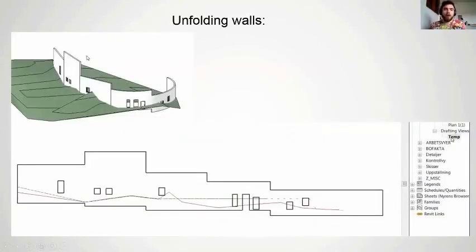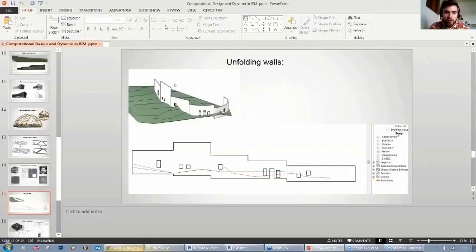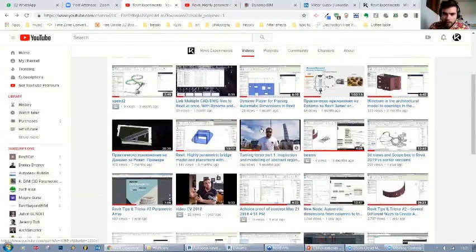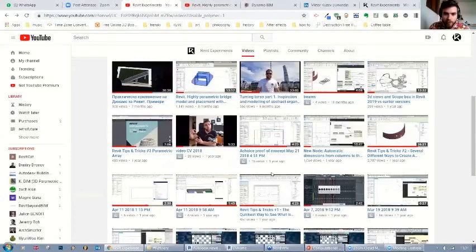Unfolding walls. This was a tool I developed for one of my clients 2 years ago. And they wanted to create an unfolded drawing of walls that look like the bottom left corner, and to show their intersection with topography in Revit. So with the red line, you see the intersection on one side of the walls, and the green line is the intersection on the other side of the wall. And actually, I really want to show you this now. So even though it's going to be the initial version of it